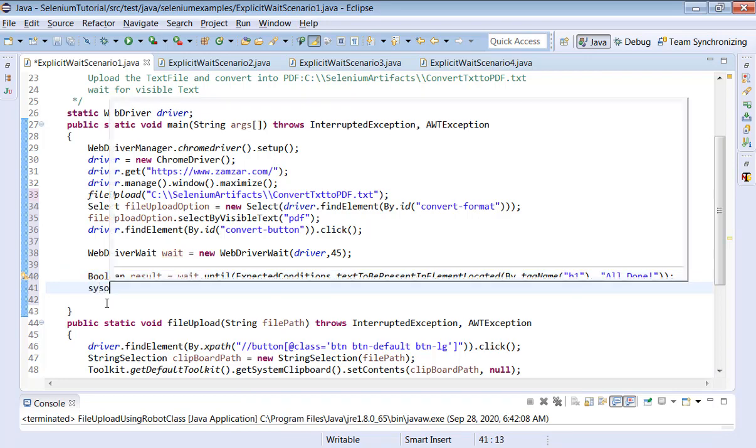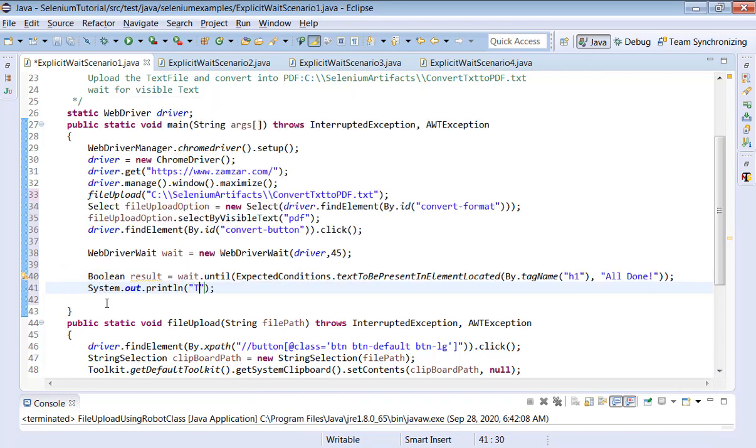Now then we can print the result as text displayed successful, the result as, say, either true or false. So this is how we can insert a wait conditional statement on the text to be present in a website.